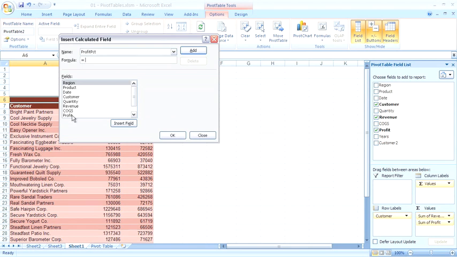I can click on the profit field and then click on Insert field. Next, I want to type the divide sign. This is just like building Excel formulas. The slash is used for divide. And then I want to insert the revenue field. Now, instead of clicking on revenue and then Insert field, you can simply double-click the revenue field. There I have a new field called profit percent. It is profit divided by revenue. I'll click OK,